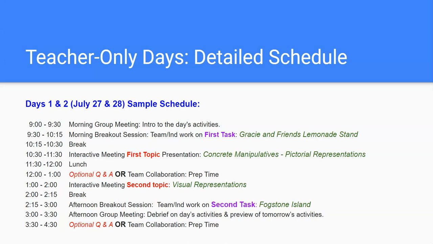And once you do it, then we'll have an afternoon group meeting where we'll debrief on the day's activities. You could, of course, ask questions during that time, maybe kind of put a cap on the day. And then at 3:30 to 4:30, you are released to team collaboration and prep time. Now, we won't meet again after 4:30 until the next day, but during the 3:30 to 4:30 time, again, you